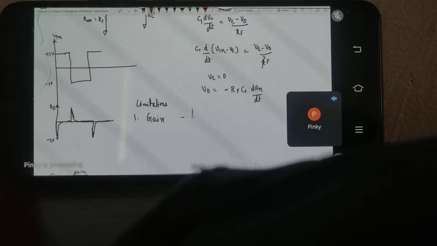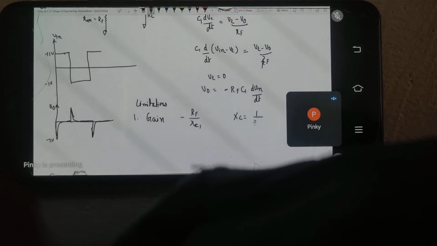So my gain is minus Rf by Xc1. Instead of the capacitor, we have to consider the reactance of this capacitor, and this reactance is 1 upon 2 pi